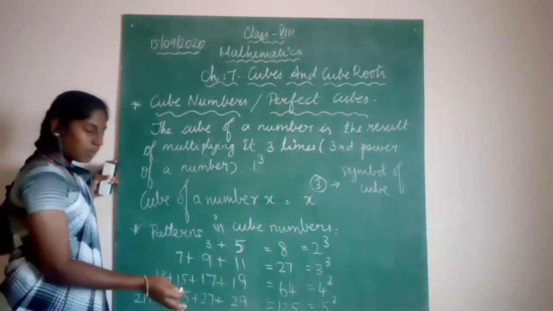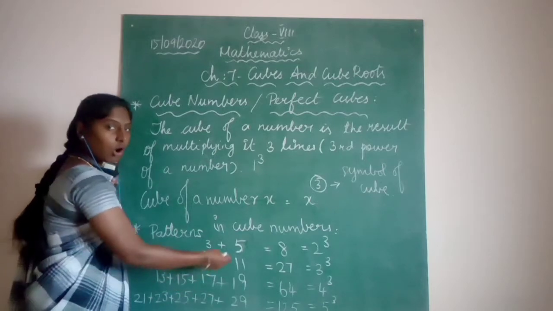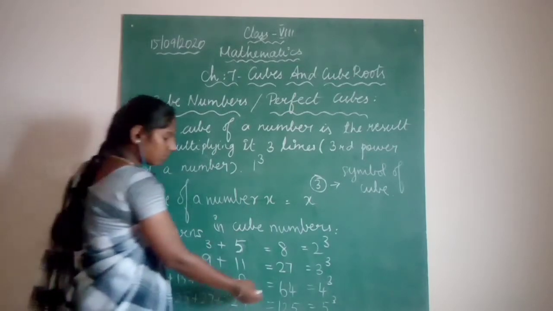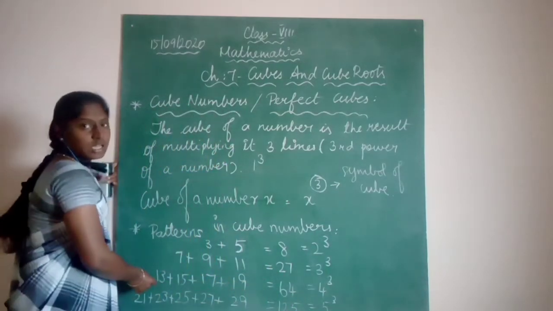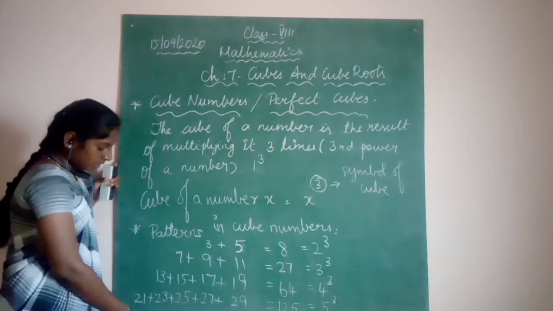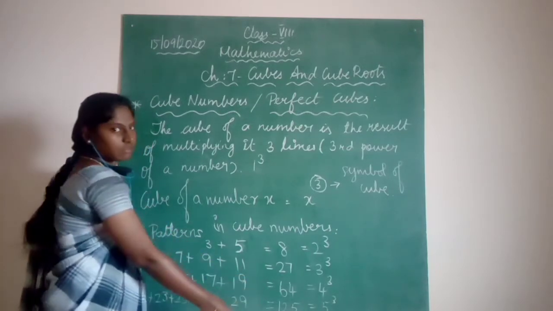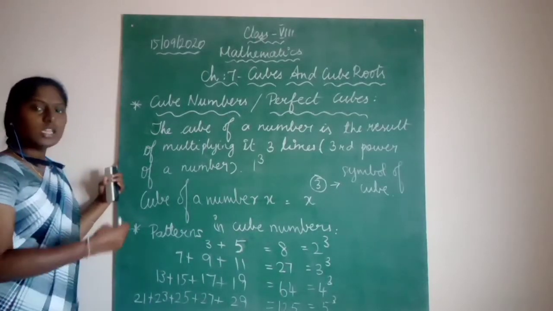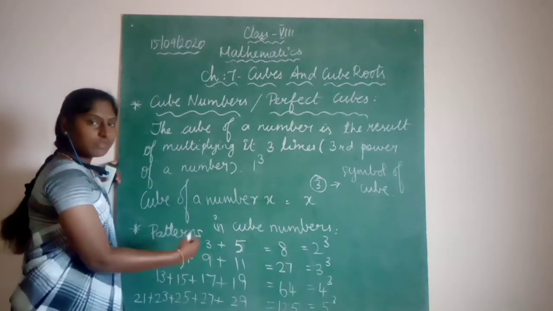In the same way, if you take the sum of consecutive odd numbers from 13 to 19, then the sum will be 64. And you are having 4 numbers here. So that is 4 cube. Next, you are having 5 numbers here, so that will be 5 cube. Understood? So like this, if you have 10 numbers, then you will have 10 cube. But it is starting from different numbers.